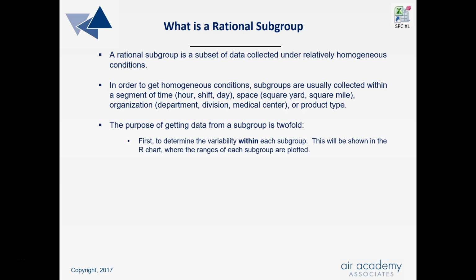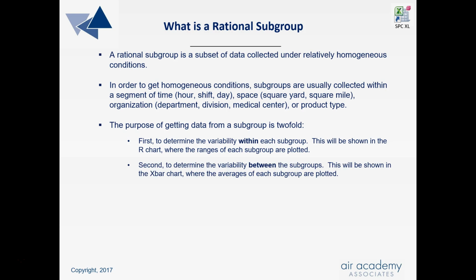The purpose of getting data from a subgroup is basically twofold. First, to determine the variability within each subgroup. The key word is within. This will be shown in the R chart, where the ranges of each subgroup are plotted. Secondly, to determine the variability between the subgroups. The key word here is between. This will be shown in the Xbar chart where the averages of each subgroup are plotted. We would expect the within subgroup variation to be less than the between subgroup variation because of the homogeneity of